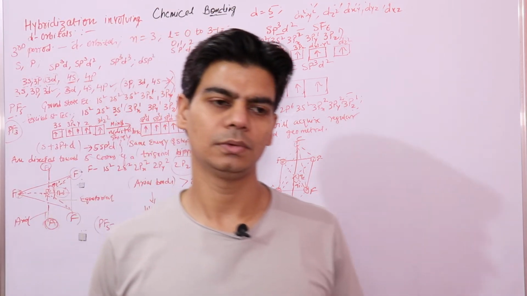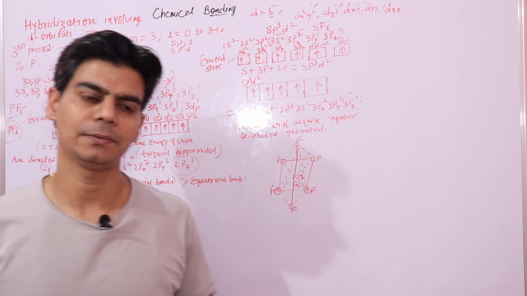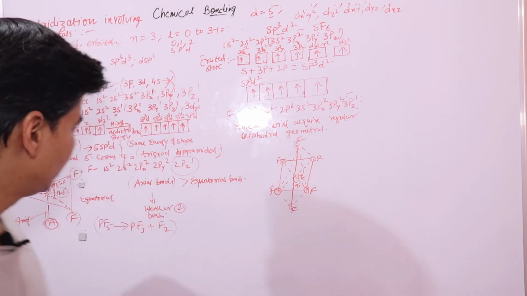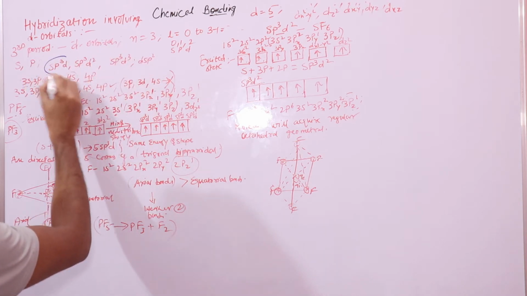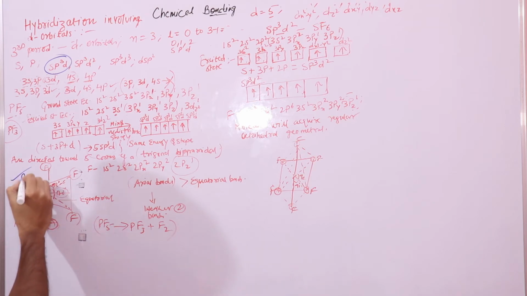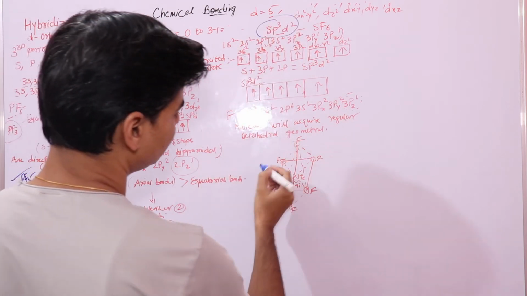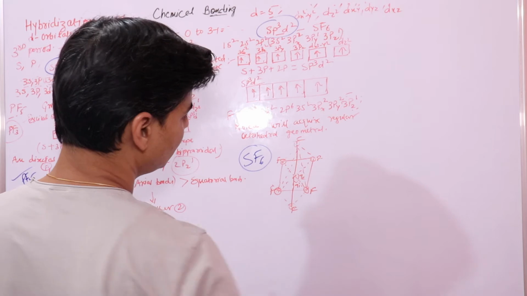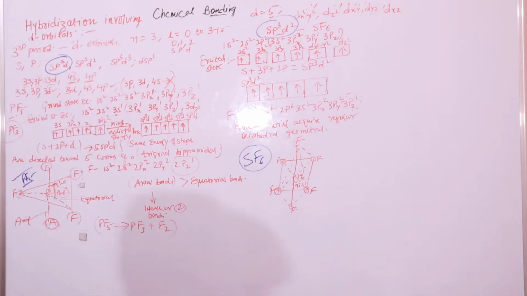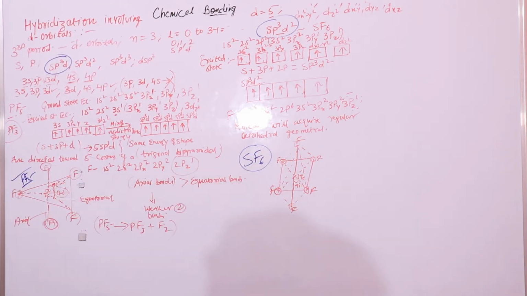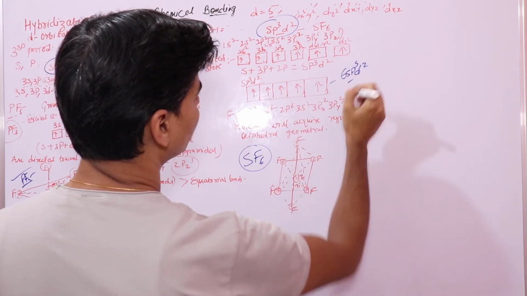Now in this video lecture, in continuation to our previous lecture, we were discussing hybridization containing d orbitals, and we were done with two types of hybridization. The first was sp3d hybridization, and the example was the PF5 molecule. The second was sp3d2 hybridization, and the molecule was SF6. The geometry for this was octahedral, with 6 sp3d2 hybrid orbitals.